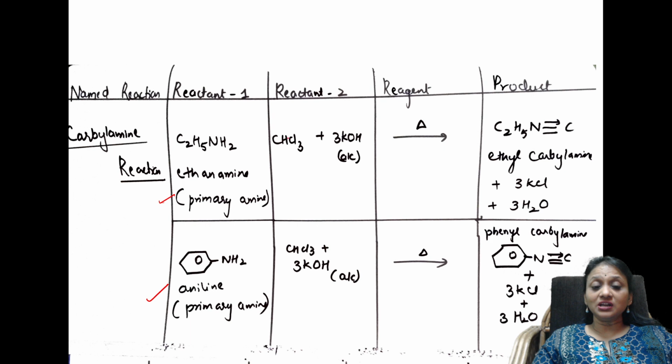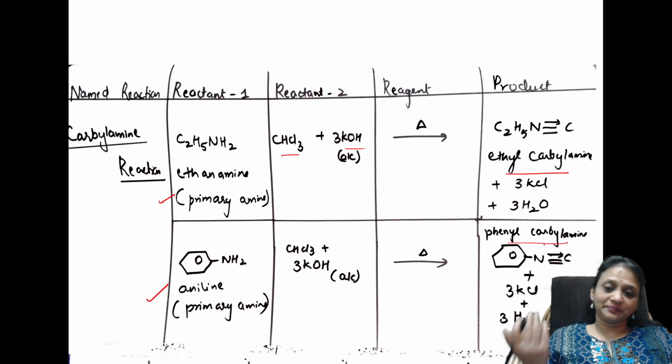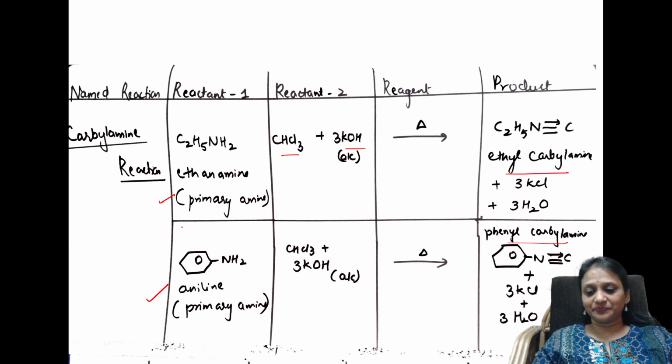Next, students. After this, carbylamine reaction. Basically, carbylamine reaction is characteristic for primary amines, in the presence of what? In the presence of chloroform and alcoholic KOH as a base. So when primary amines combine with chloroform and you're heating it, you'll be getting an offensive smelling compound. That's nothing but ethyl carbylamine. If you take aniline, phenyl carbylamine. So the whole reaction is here representing the importance of carbylamine reaction.